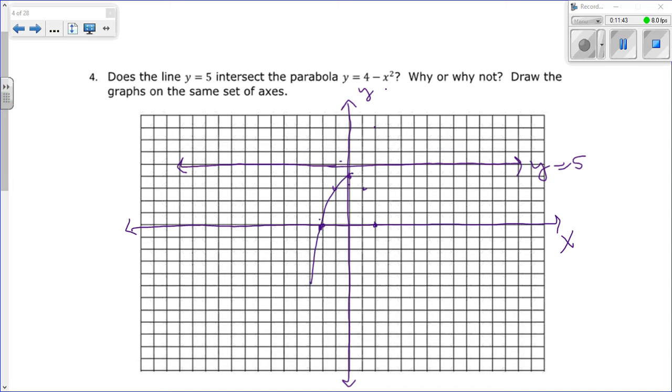And it'll look something like this. So this is y equals 4 minus x squared, and you can see that they do not intersect. So the answer is no,